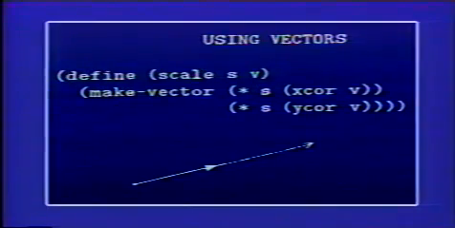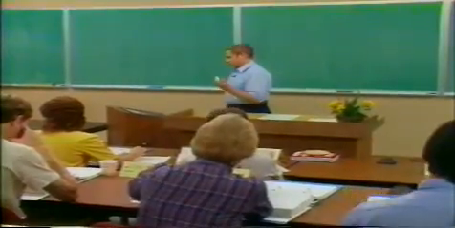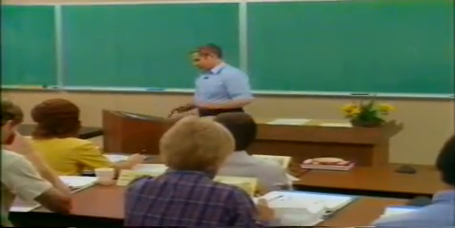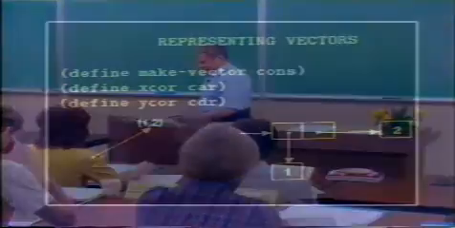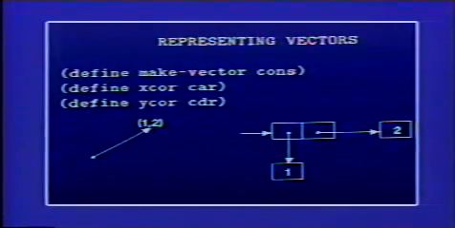So those are two operations that are implemented using the representation of vectors, and the representation of vectors, for instance, is something that we could build in terms of pairs. So George has gone out and implemented for us make-vector and x-coordinate and y-coordinate, and this could be done, for instance, using cons, car, and cdr. And